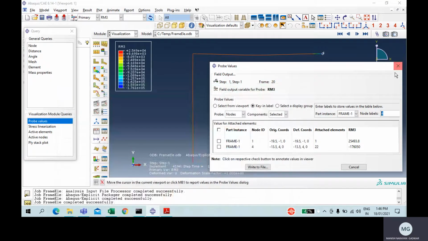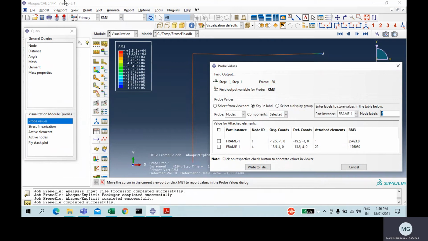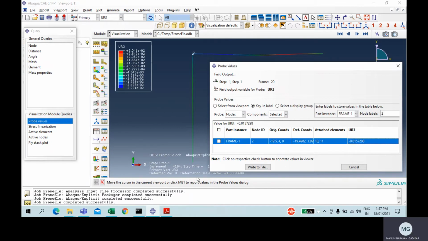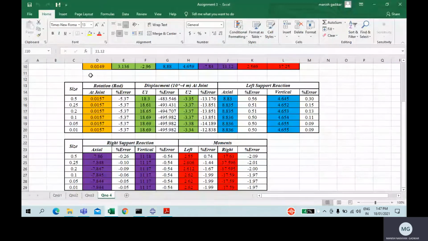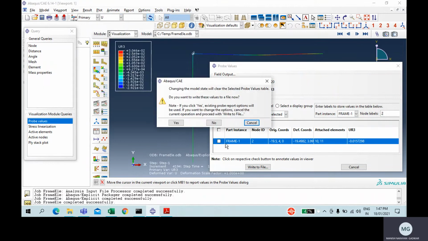We'll check deflections also. We'll check rotation first. Rotation will be generated here at node number 2. So I'll write node number 2 here. It's coming 0.015 and analytically I'm getting 0.0149. So it's also matching. I'll go with U2.